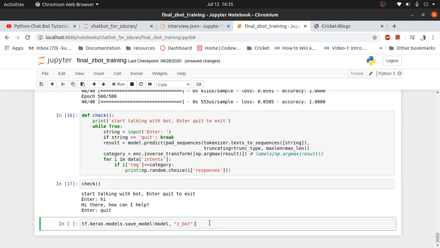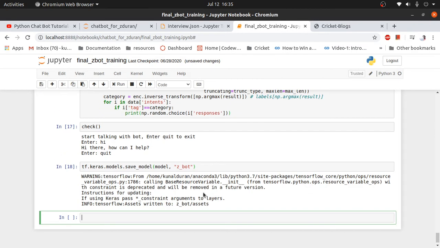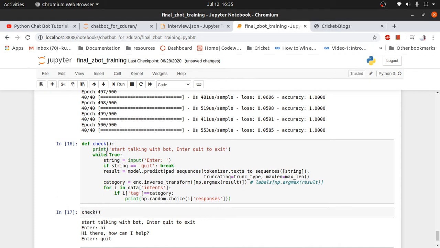Okay, and let's save this model. In this function, if we enter quit, the loop will break and the function will exit. Next, result is equal to model.predict. Whatever we enter here, it will give the predictions, and then we say np.argmax.